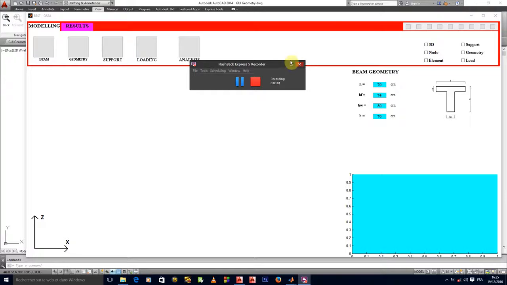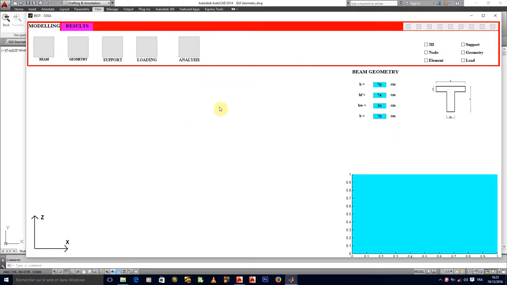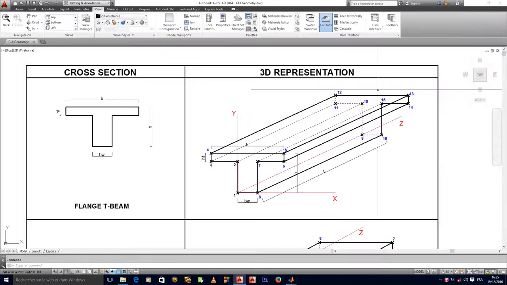Okay, welcome back. This is where we ended last time. Now we are interested in the 3D modeling, the 3D representation of these sections of the beam, the column, and the slab. The 3D representation is supposed to come out in this cyan space that we are seeing here. That's where it is supposed to be shown. So how are we going to go about it? Well, we'll just have to create a function that will do that for us.